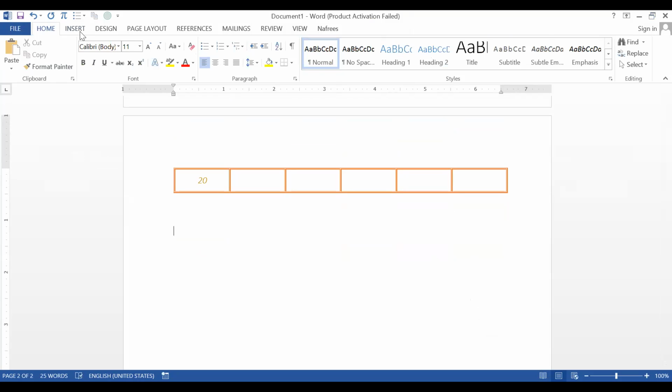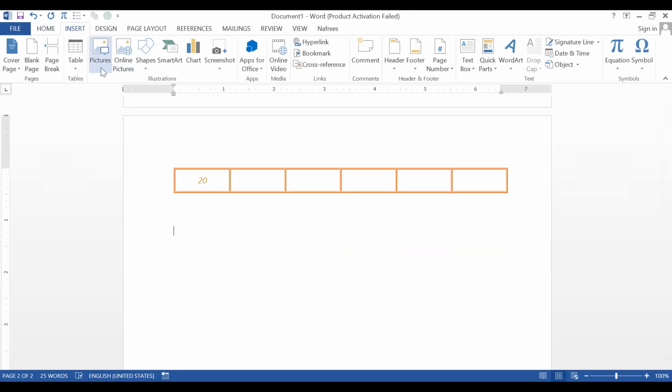As I told you, you have to go to Insert, and here we have two options. One is Picture. This will help you to select a picture from our computer. If you already downloaded a picture from the internet, you can use it, or else you can create the picture using your Adobe Photoshop, or else you can bring it from others' computers using a pen drive.